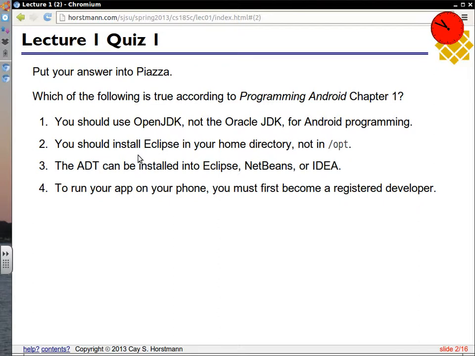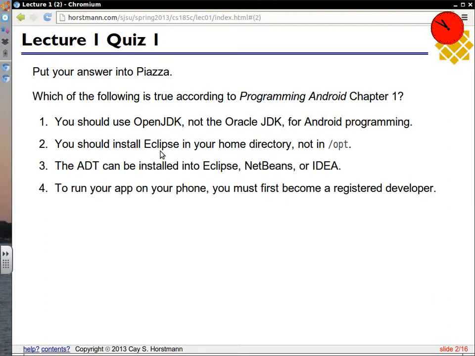It doesn't actually matter whether you install it in your home directory. You could install 5 Eclipses in some other spot, but the real point is that you should not have a single instance of Eclipse, but an instance of Eclipse per kind of project that you're doing. That's maybe a little unfortunate, but on the other hand, it's a huge project, and thousands of people develop plugins for it, and the stability of it is not so great at this point. This of course happens with any kind of successful plugin infrastructure: after a few years it becomes really unwieldy and unstable, and that's where we're at right now with Eclipse.